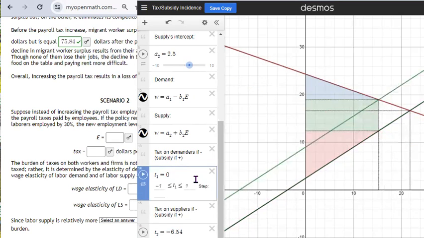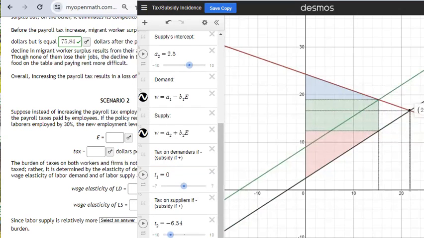Okay. And notice what happens here. Instead of the firm's labor demand curve shifting down to here, what happens is the labor supply curve shifts up here, right? It doesn't shift up. This is actually a decrease in supply, right? Because if you hold wages constant at the original level,